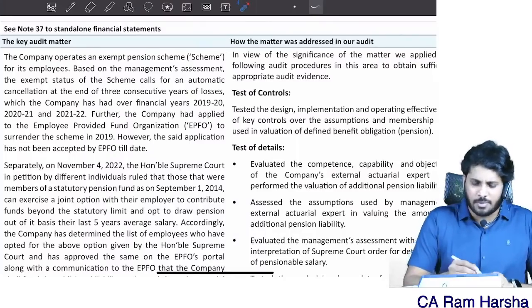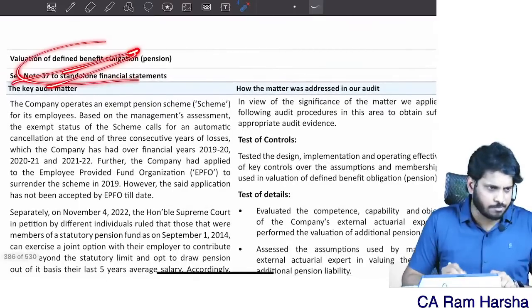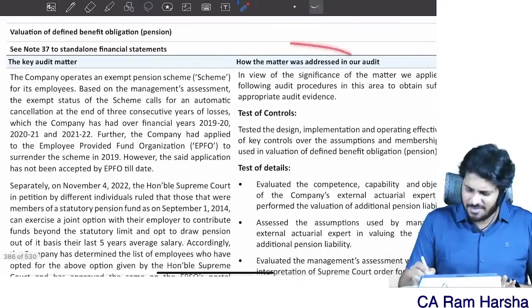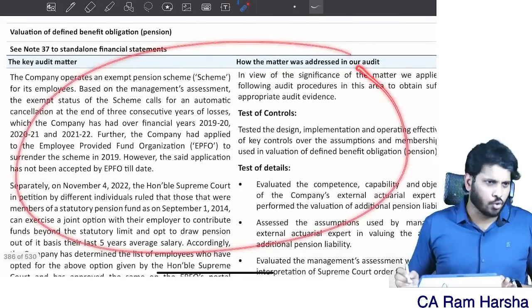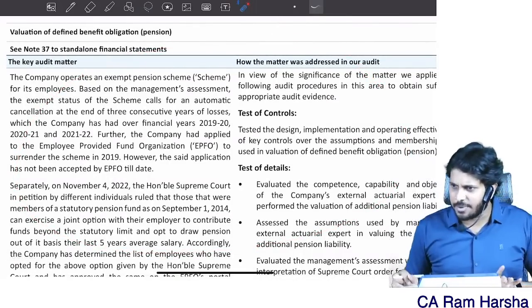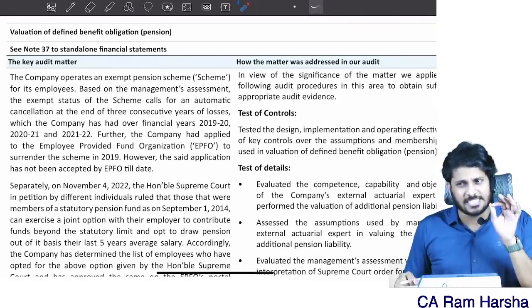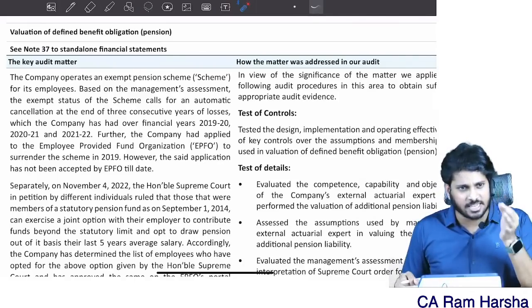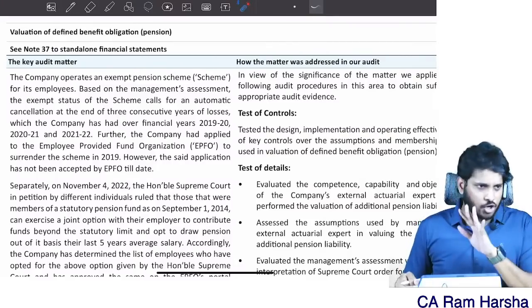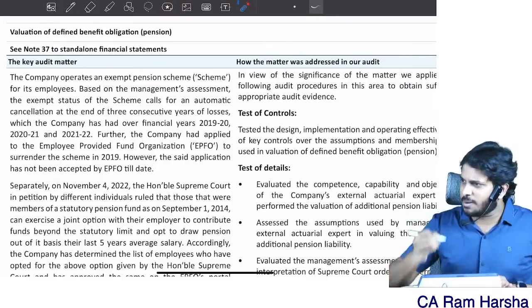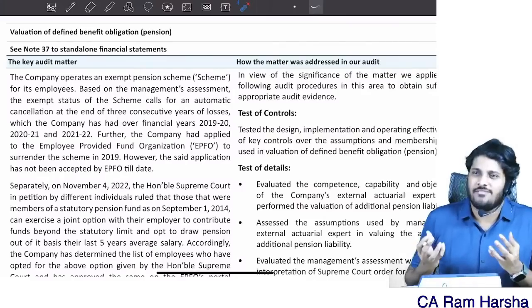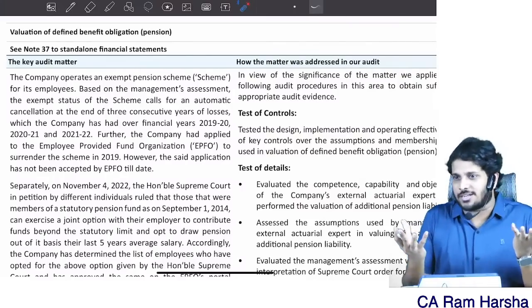By the way, here I'm talking about some pension, right? Defined benefit obligation, something, right? Am I giving a separate opinion on this? No, key audit matter is not a separate opinion. Is key audit matter a substitute for 570 material uncertainty related to going concern reporting? No. Then what is the purpose of key audit matter? Just to give additional information about the audit.